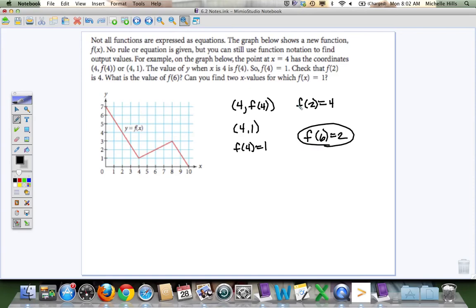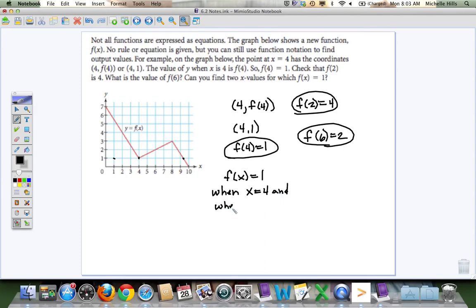Now again, I don't have an equation for this function, but as long as I have the graph, I can find different values for y at different values for x. So, 2 values for which f of x equals 1. So f of x equals 1 when, well, I'm going to go across when x is 4 and when x is about, looks like 9 1/3. So f of x equals 1 when x equals 4